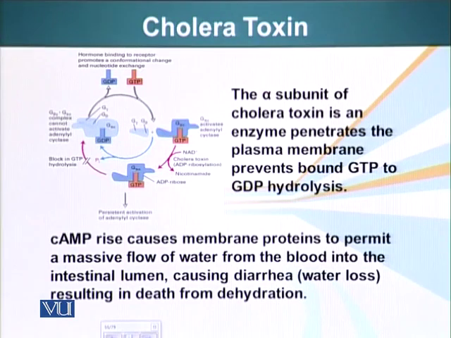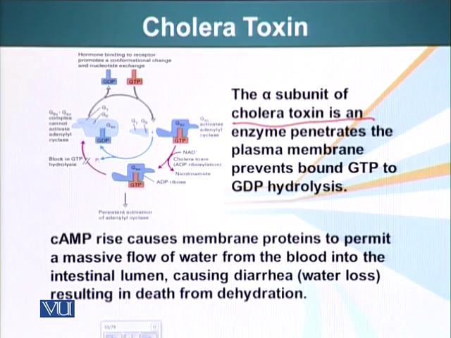For example, the alpha subunit of cholera toxin is an enzyme that can penetrate the plasma membrane and prevent GTP bound to the G protein from going through hydrolysis. They prevent G proteins from hydrolyzing their GTP into GDP. Now remember that G proteins are initially bound to GDP. Once they are activated, they lose their GDP. GTP is attached to the alpha subunit of the G protein,